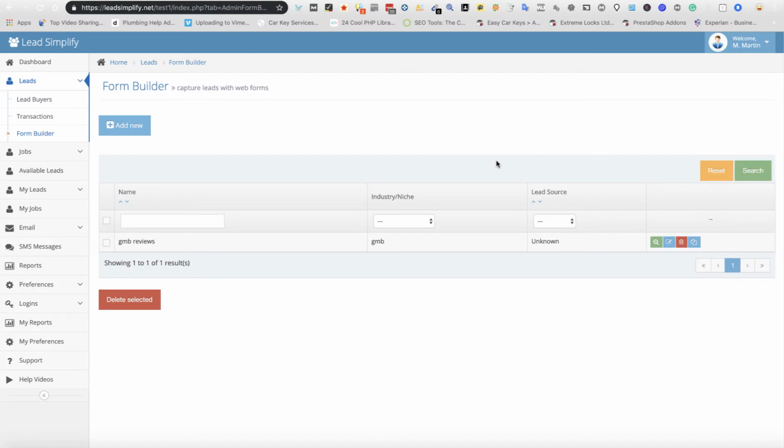I'm about to show you how you can use Lead Simplify now to automate the collection of GMB reviews. Obviously, we all know getting reviews on your GMBs is really important. Getting 5-star ones is really, really important. It helps ranking, it helps get more traffic. It does everything. It's absolutely awesome. I'm going to show you really quickly how to set up using Lead Simplify to automate the collection of